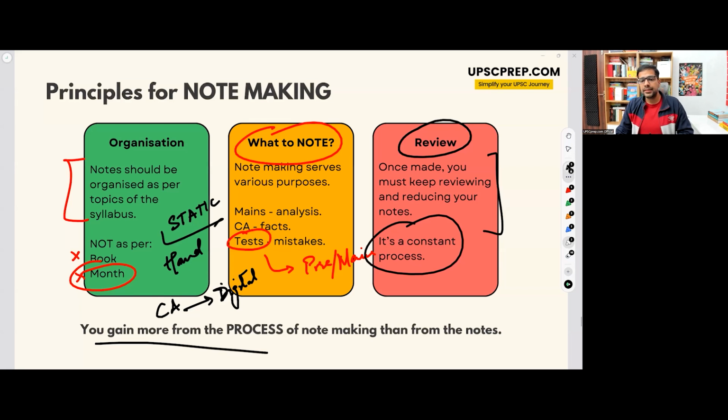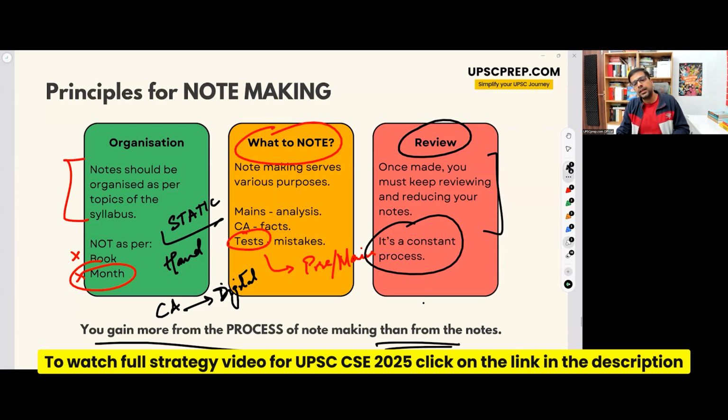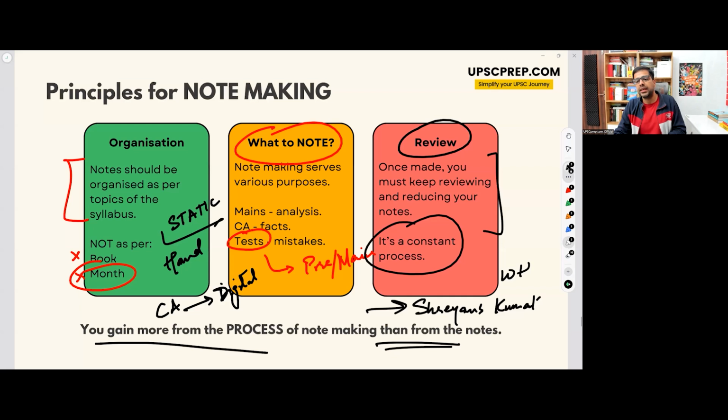So please do ensure that you make notes and you are not just buying notes from somebody else, because sometimes it will just happen. Like the person that I had mentioned was Shreyans Kumat. His notes are also available on our website, on his blog also. They're very popular. World history. You can check them out. If you've not read world history, you will not make a lot of sense of his notes. But if you've read world history, these notes are the most brilliant thing you will ever find. Because in 25 pages, he summed up everything. But that can only be done if you've done the basic work beforehand.